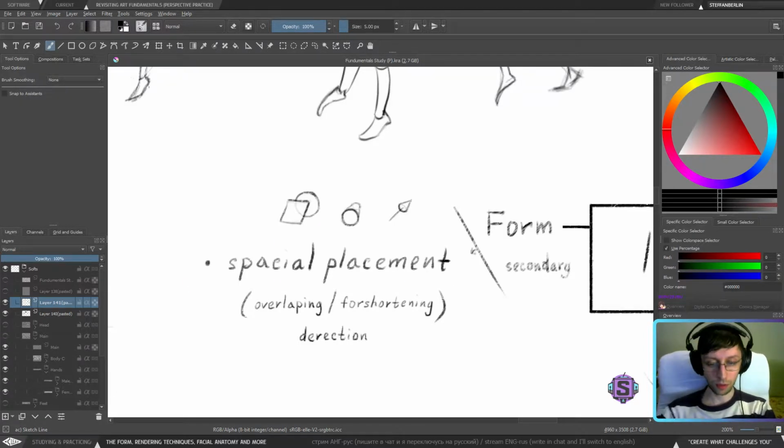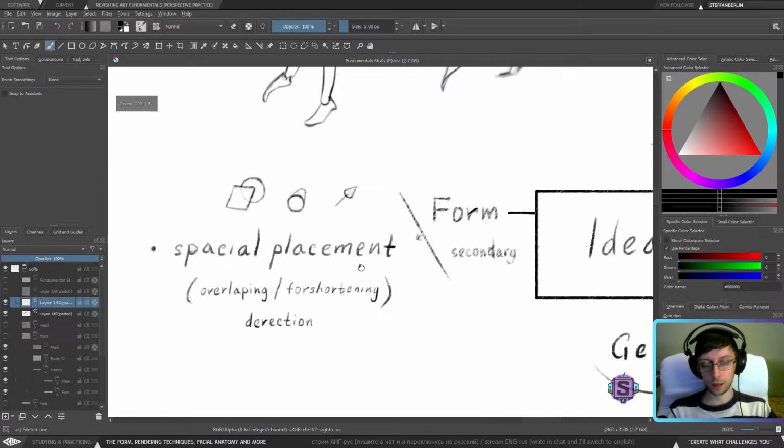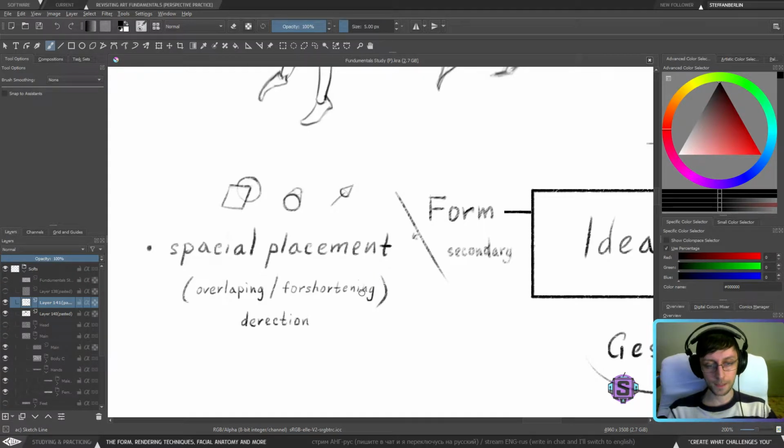Let's just establish if it's right or wrong. I believe it's not. Spatial. It's awesome, I guess I'm spelling things right. Placement. I don't believe that placement is right. Placement. No, it's right too. Pretty cool. So spatial placement, this is something that